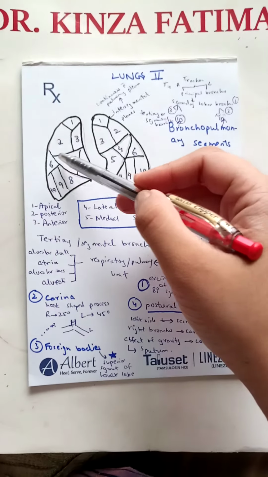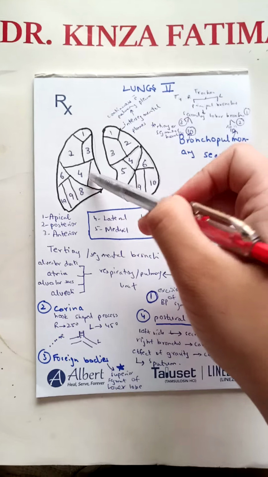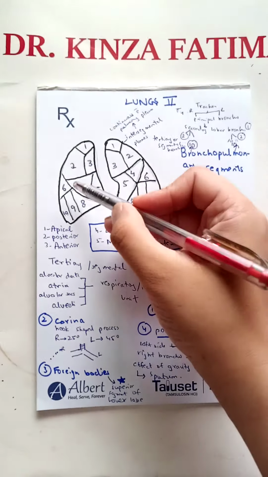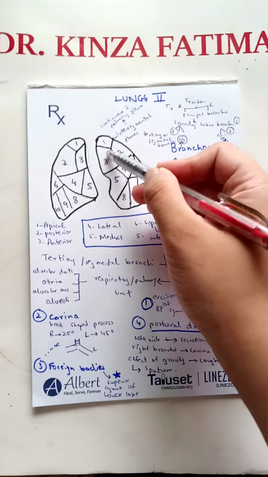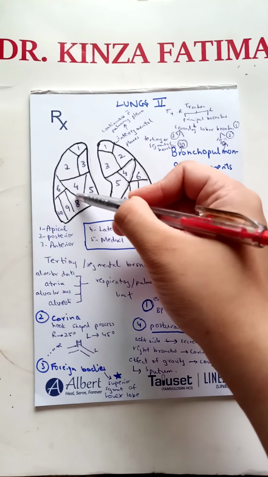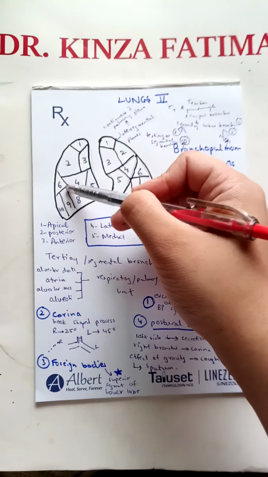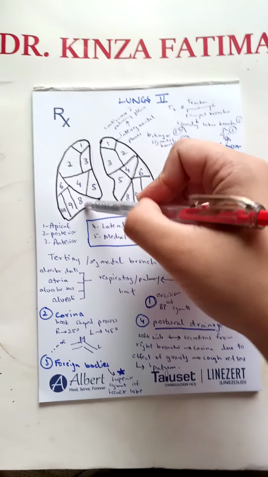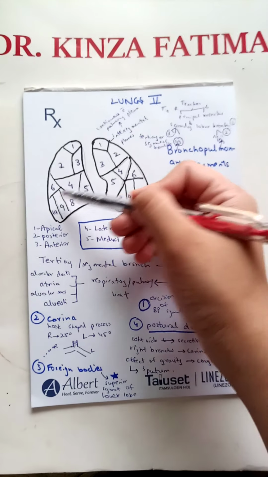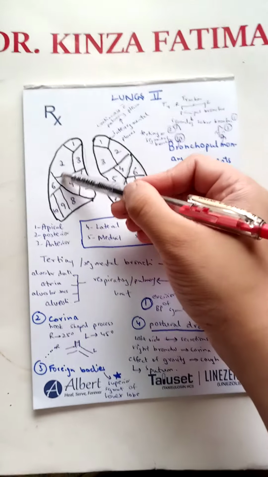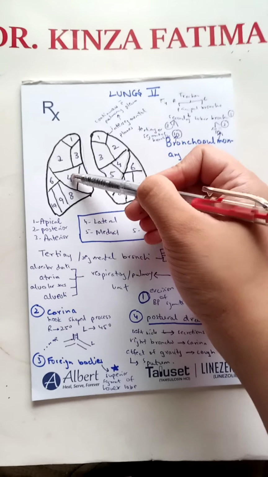First of all, let us see how we will differentiate the bronchopulmonary segments in the right and the left lung. First, we will divide the lungs into the upper and lower lobe by the oblique fissure we have discussed in the previous video. It comes from the posterior border and ends in the inferior border. This oblique fissure divides the upper lobe and the lower lobe on both sides. Then there is the horizontal fissure that divides the upper lobe into the upper and the middle lobe.